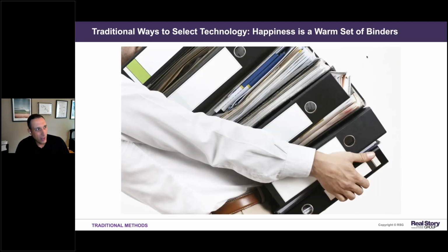Another traditional way that we see people get into trouble is this notion of happiness is a warm set of binders. That's the situation where everyone recognizes that you need new technology, but you put together a laundry list of requirements. You try to document every single detailed requirement as it relates to digital asset management. You put that in an RFP, you send it to a bunch of vendors, and what do you get back? You get back a bunch of yeses in a set of binders that looks like this.